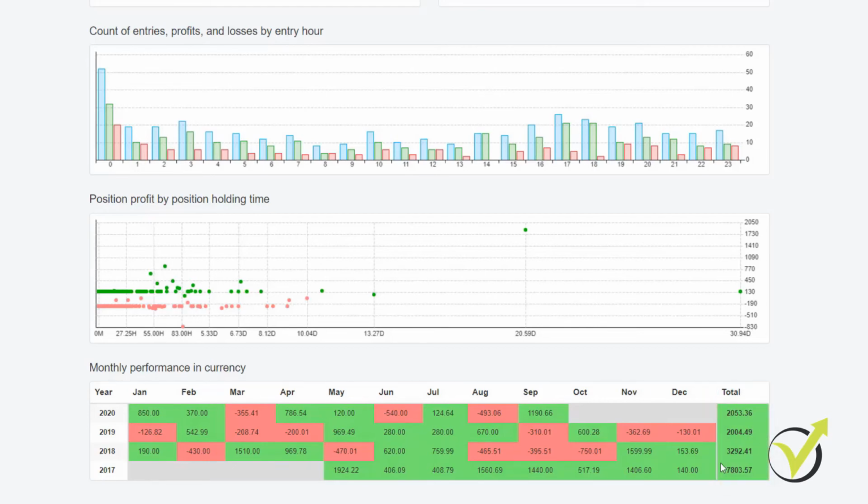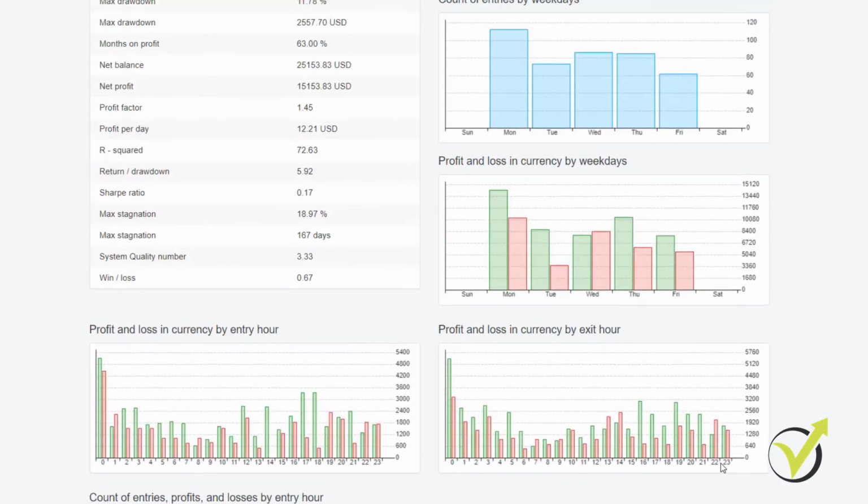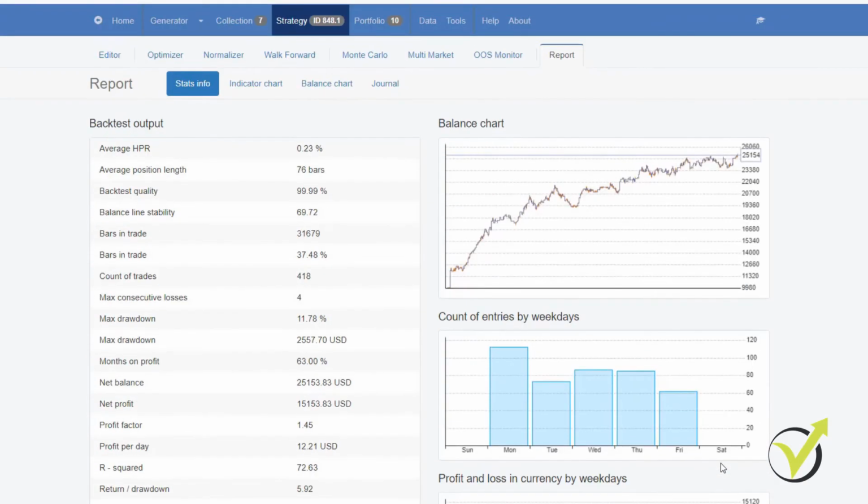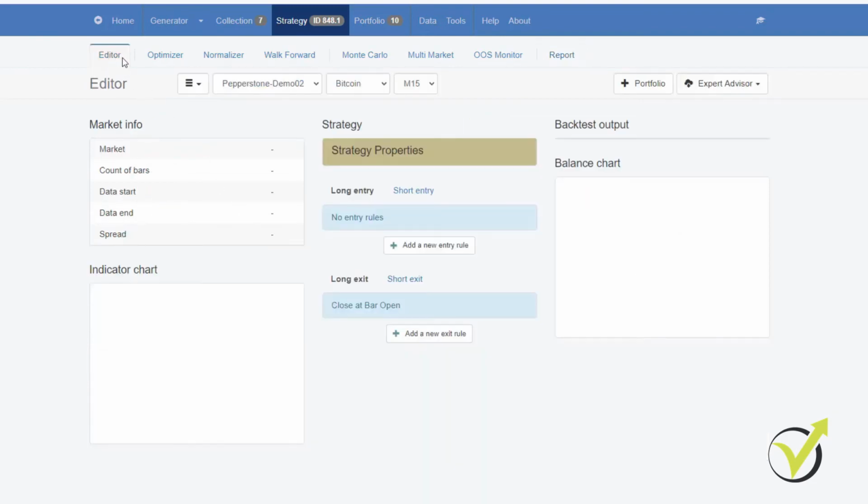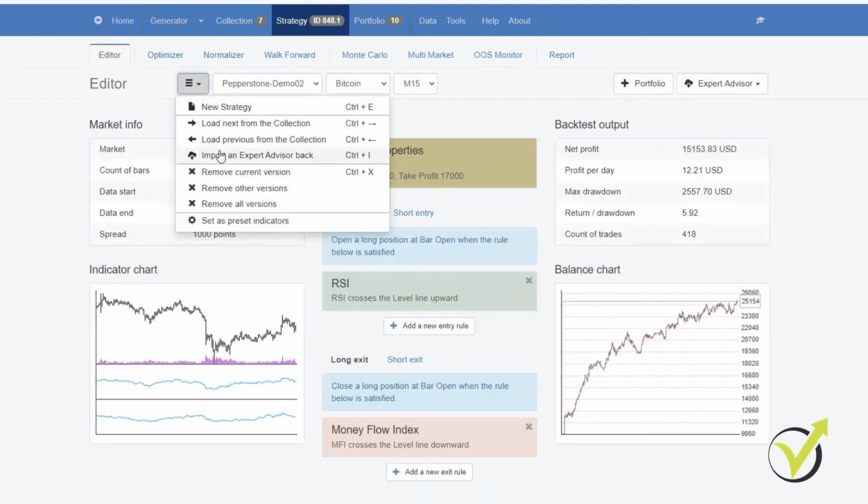Alright, so don't panic if you place the expert advisors on MetaTrader and you see losses. Just wait a little bit longer, put first the EAs on demo account so you will see how it works and you will see some profits as well. And one more time, if you want to do a reliable backtest or if you want to see more statistics, you better use the editor and import back the expert advisor in EA Studio.